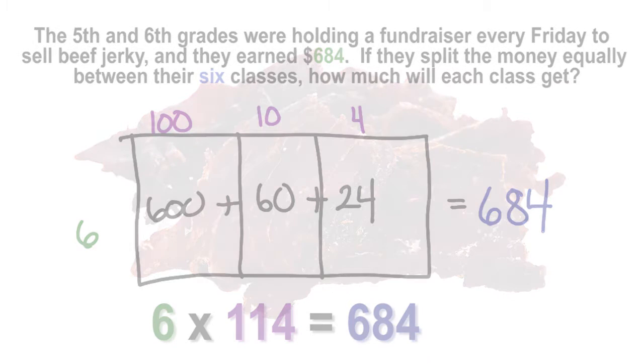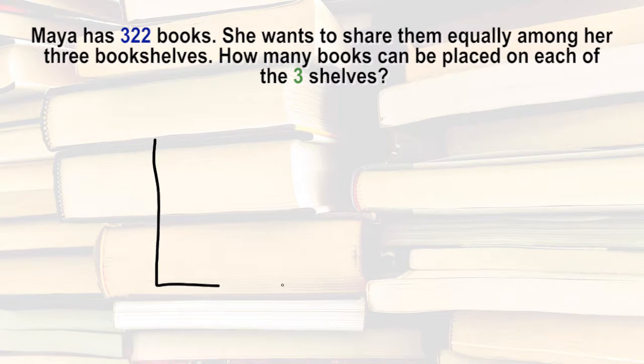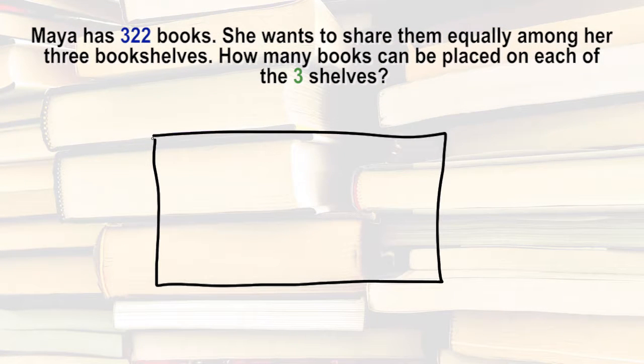Let's try another problem. Maya has 322 books. She wants to share them equally among her 3 bookshelves. How many books can be placed on each of the 3 shelves? Using the open area model, we will draw the rectangle and place 3 on the left side and the 322 books on the right. It is a 3-digit number, so let's first look for groups of 100 to place into